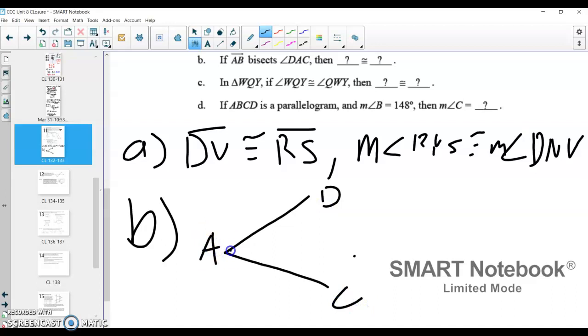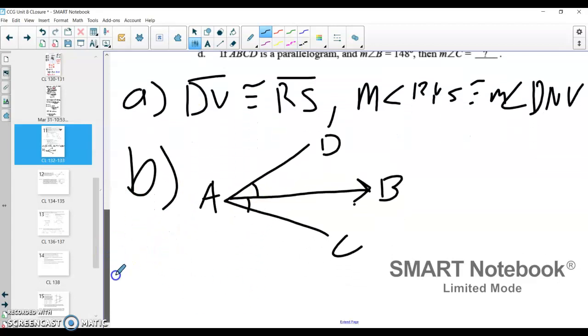That angle is getting bisected, and bisecting means it cuts it perfectly in half by this line here, AB. All right, and when you bisect something, it cuts it in half perfectly. So that angle is getting cut perfectly so that this side is now congruent to this side. So the statement they're looking for is, if that's getting bisected, that means that